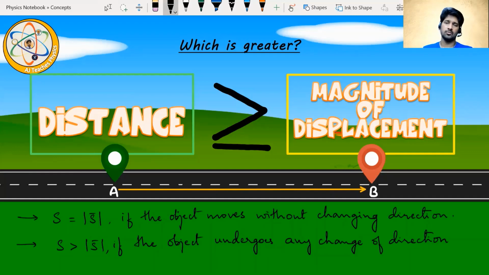Now, why this is so important is because most of the equations that we derive in physics involve displacement. But very often you will find questions asking you to calculate the distance. So in such cases, you will need to decide if the object ever changes direction. If it does not change direction, you can use those equations, calculate the displacement, and equate its magnitude to the